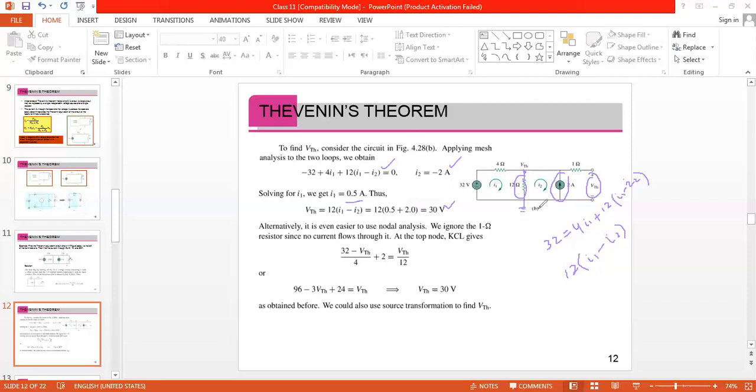So when you apply the nodal analysis, the current entering the node, which is 2 ampere, will always be equal to the current leaving the node. The current is leaving from this direction as well as from this direction. So the current that is leaving from this direction is (VTH minus 32)